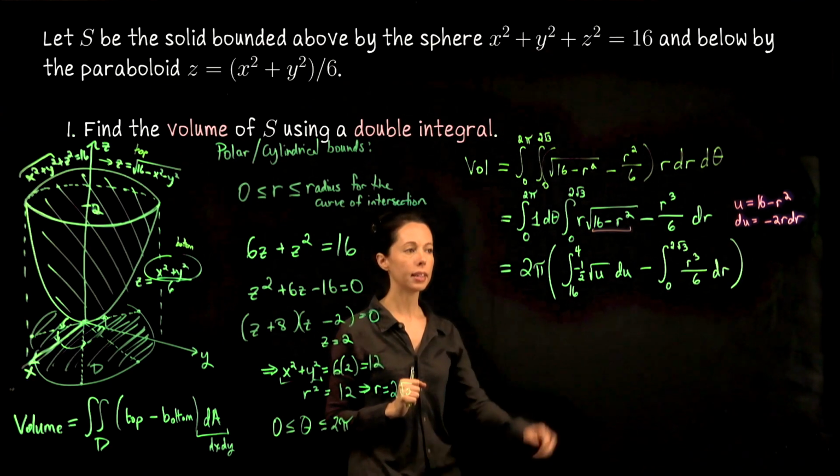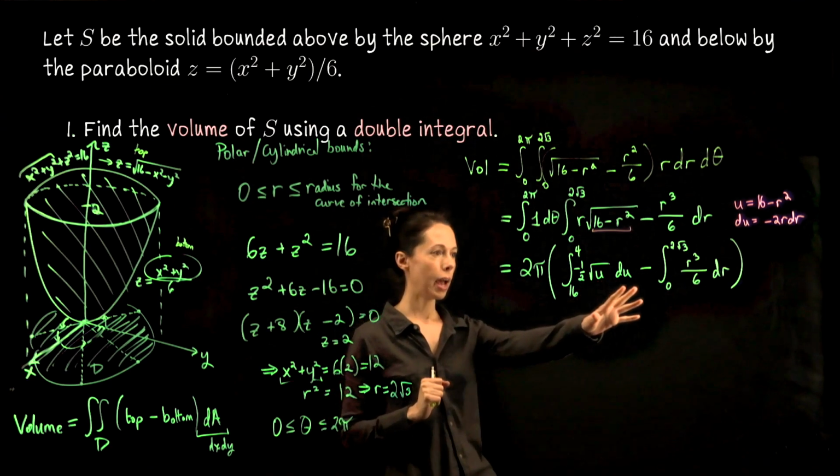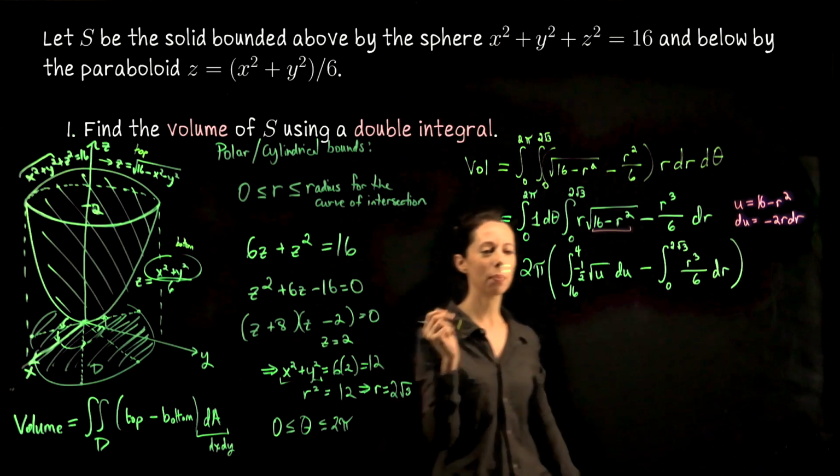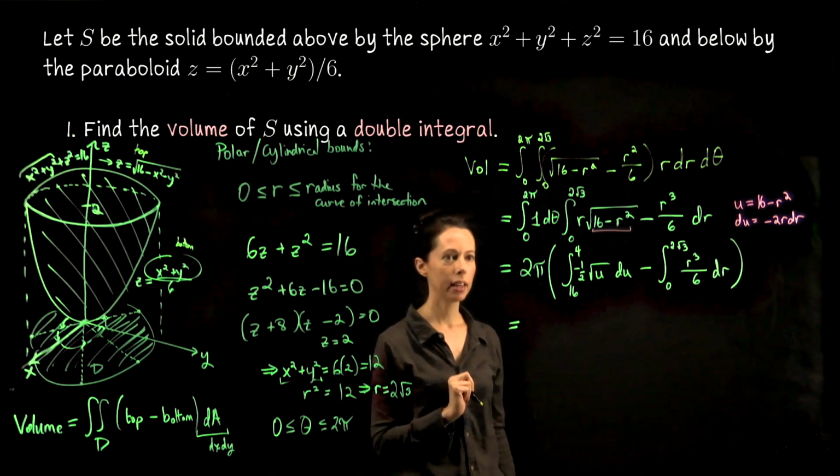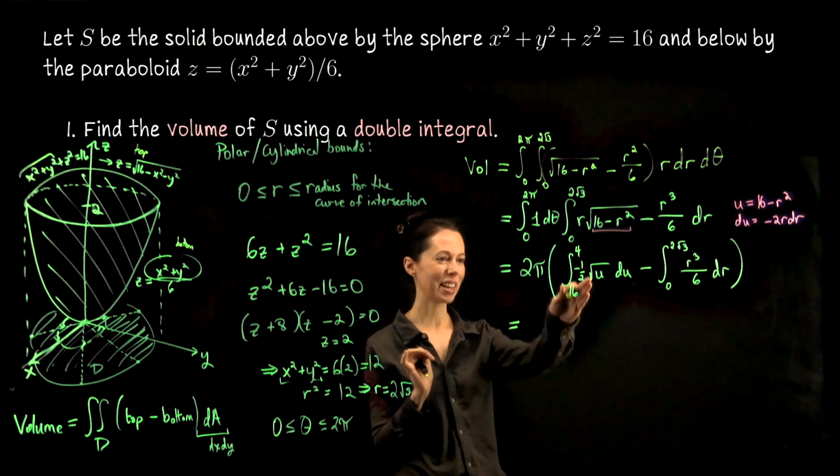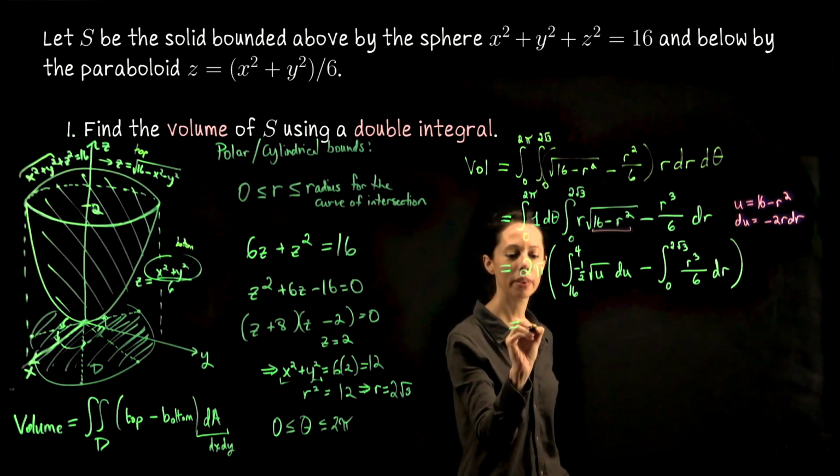Now let's evaluate these two remaining integrals. I'm going to actually factor a negative 1/2 out front. I hope that's not going to lead to an algebra mistake. Proceed with caution if you do this kind of thing. So the negative 1/2 is going to come out and leave me with negative pi